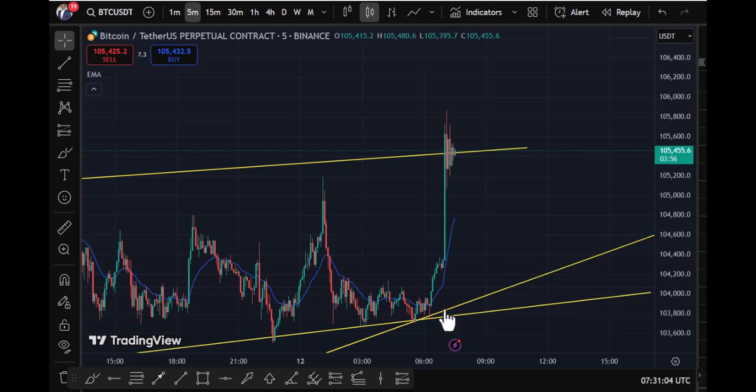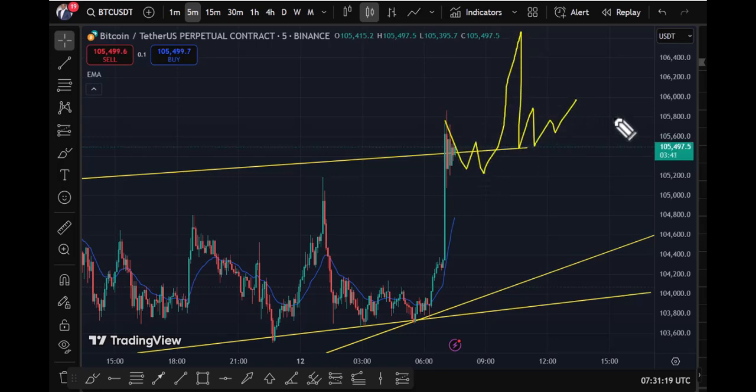This was one we missed. We missed this because I was not on the screen. This would have been a beautiful trade for us, but we actually missed it. But anyway, that's just what it is. So we are waiting for the market to either break high, give us a strong confirmation, a strong pattern that we recognize before we jump in there.